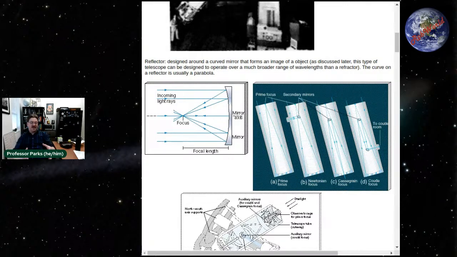So you can have a spectroscopic instrument or spectrograph in the basement of your observatory, and this type of focus or this type of telescope will allow that beam of light to constantly be redirected into the spectrograph regardless of where it's pointing. So there you go. Right in the cage on top of a Hooker telescope, yeah.